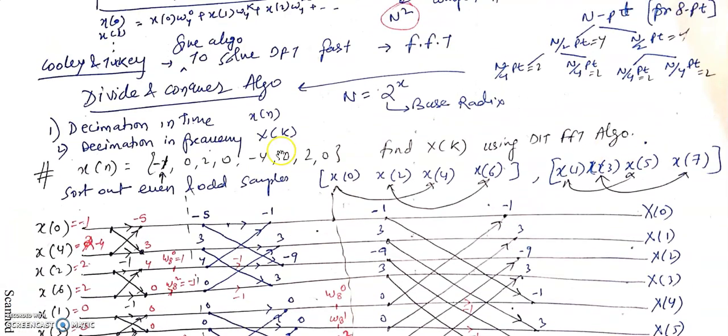We are taking this 8-point DFT. Suppose N equals 8. So 8 equals 2 to the 3, and we are using radix 2. We can represent this 8-point DFT in the form 2 to the power x. So we have radix 2 and 2 to the 3, where 3 is the number of stages through which we have to perform this DIT FFT algorithm. So there are 3 stages. If N equals 4, then 2 to the power 2, so there will be 2 stages. It will terminate there.